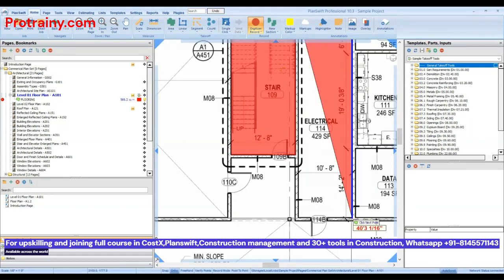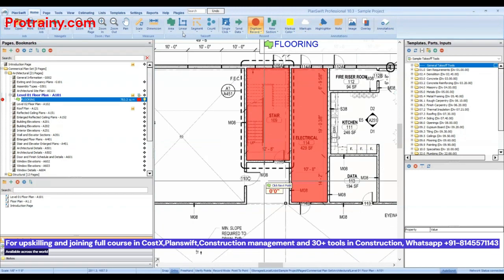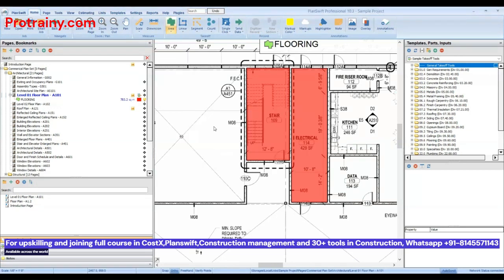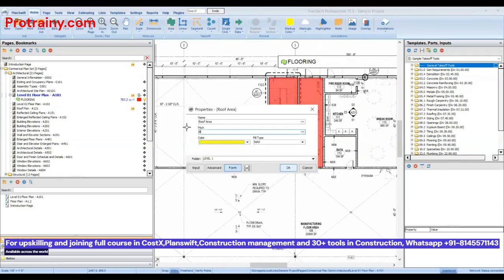Okay. Next is a linear section. In area, this is a simple version. If you want to add pitch to a particular area, let's assume you want to mark a roof area, and the roof area pitch is 8 by 12. So the pitch you have to write down as 8, and